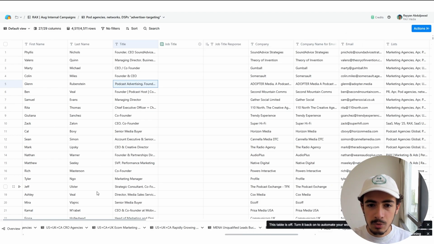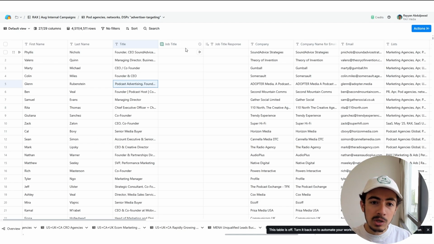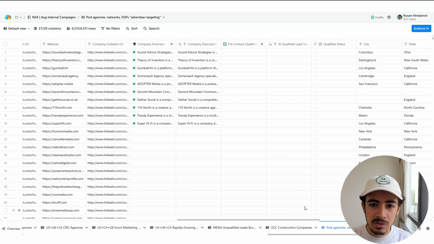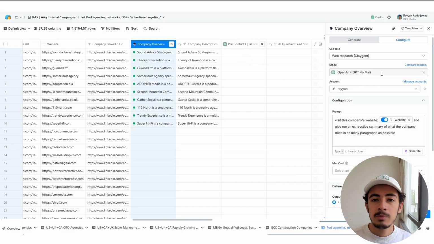But I don't think it's going to run, because I have a certain condition in place that I will only run this field if this lead is a qualified lead, right? So now I have a process to make sure that before I'm contacting this person, they're actually a qualified person to reach out to. So what I do is use Clay agent here to give me a company overview. And from this company overview, I can determine if the lead is qualified or not.